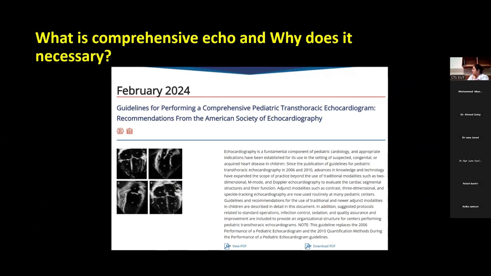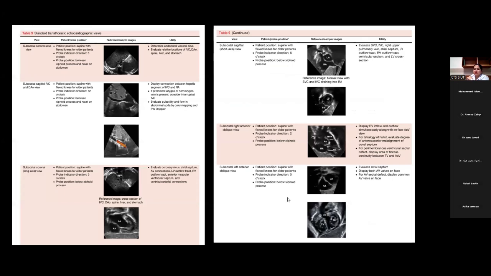I wanted to start the lecture with this, but I decided I will walk you through the basic things first. So in the comprehensive echo, these are the recent guidelines. I would recommend that whatever you are focusing on, since you are on the learning curve, you use these guidelines. They describe each and every structure very comprehensively. And the beauty of it is that they have described what I have described in the three parts, but also what view this is, and how you have to make the position.